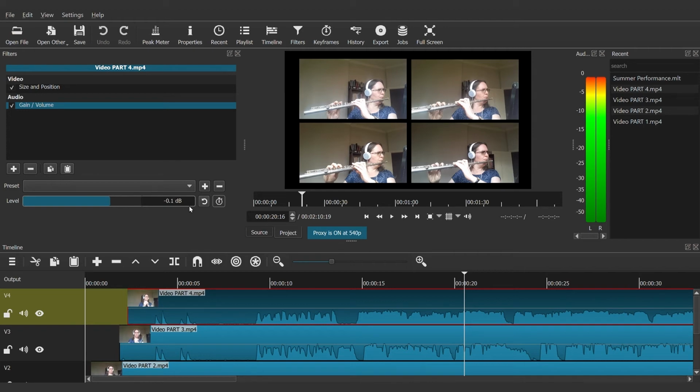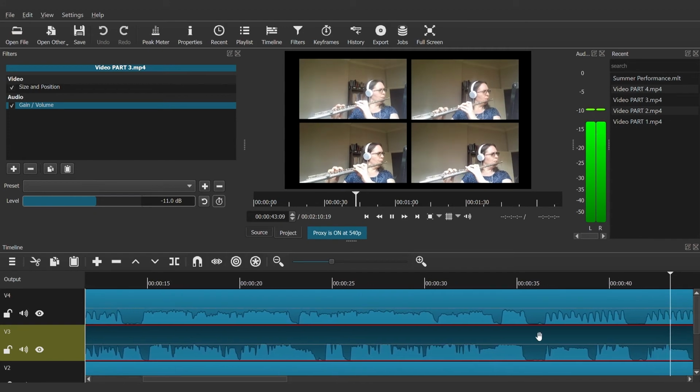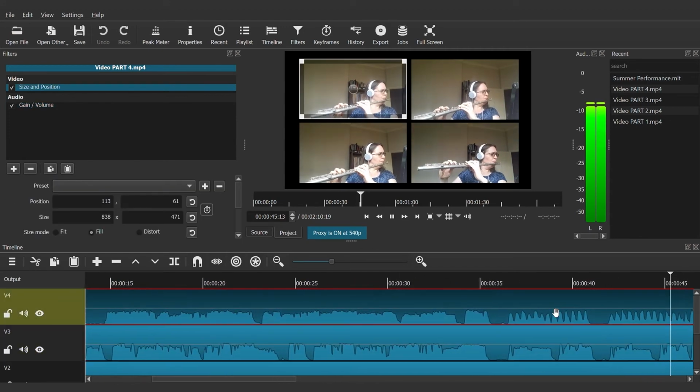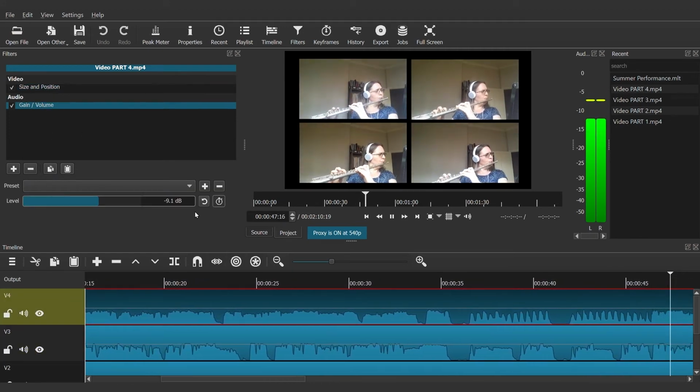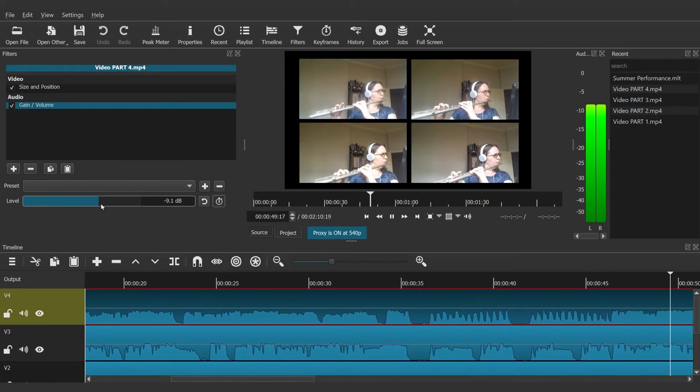This will automatically be set at 0 decibels, and if you slide it to the right, the audio output from that video will increase, and if we slide it to the left, it will decrease. I've jumped ahead and added the gain/volume filter to each of my 4 video parts, and now I can begin